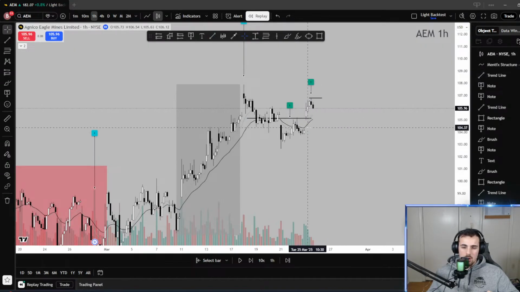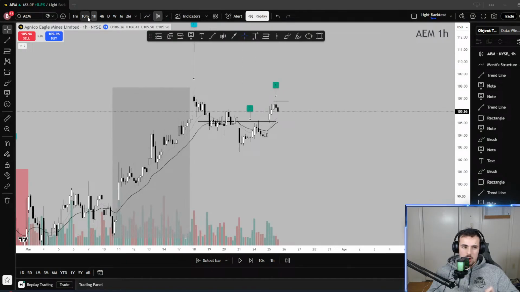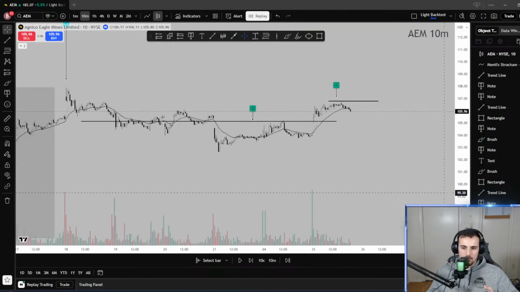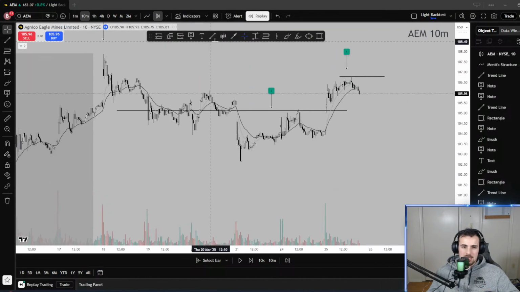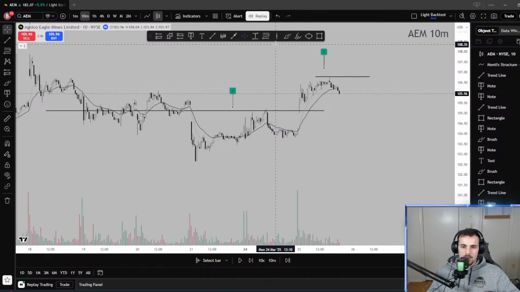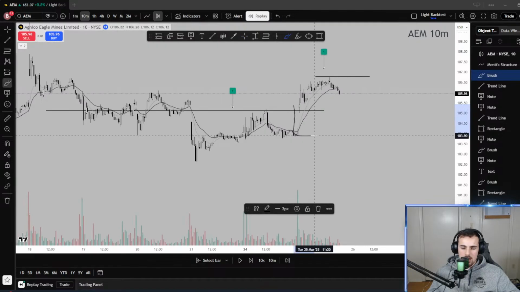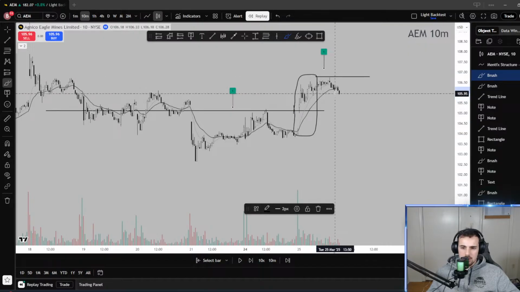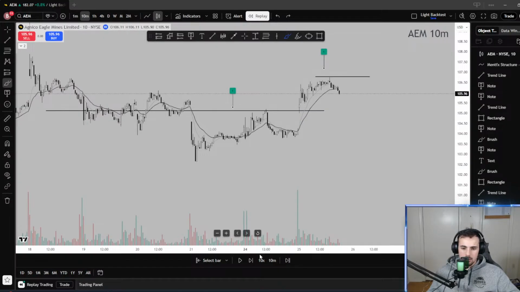But now when we drop down to our entry time frame, the 10-minute time frame, you now see the exact same thing you have seen on the weekly so far, the daily so far, the 1 hour so far, and now it's happening on the 10-minute time frame. So you have this trending environment where breaks of structure no longer hold, and then price falls down. We expect it to move sideways in this area here, improve accumulation at some point.